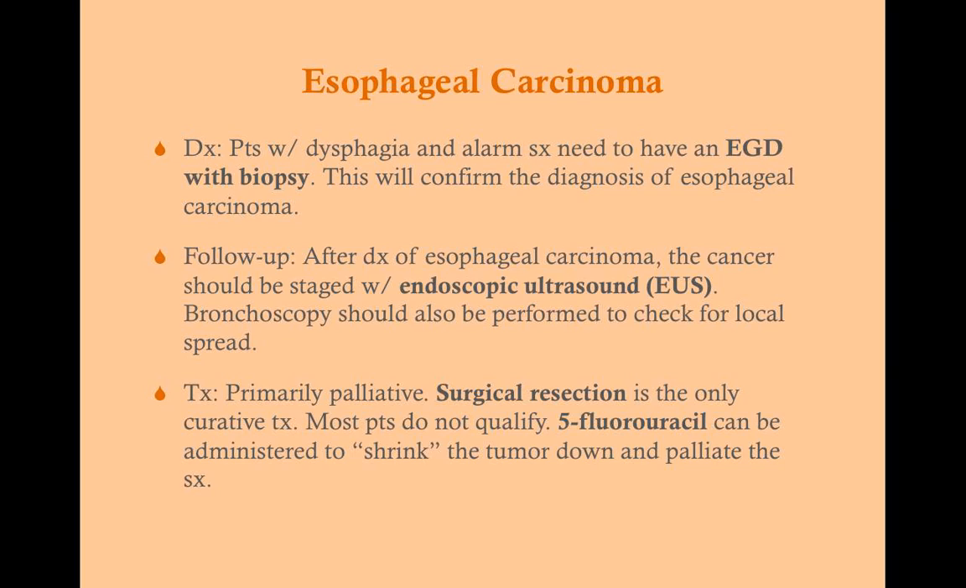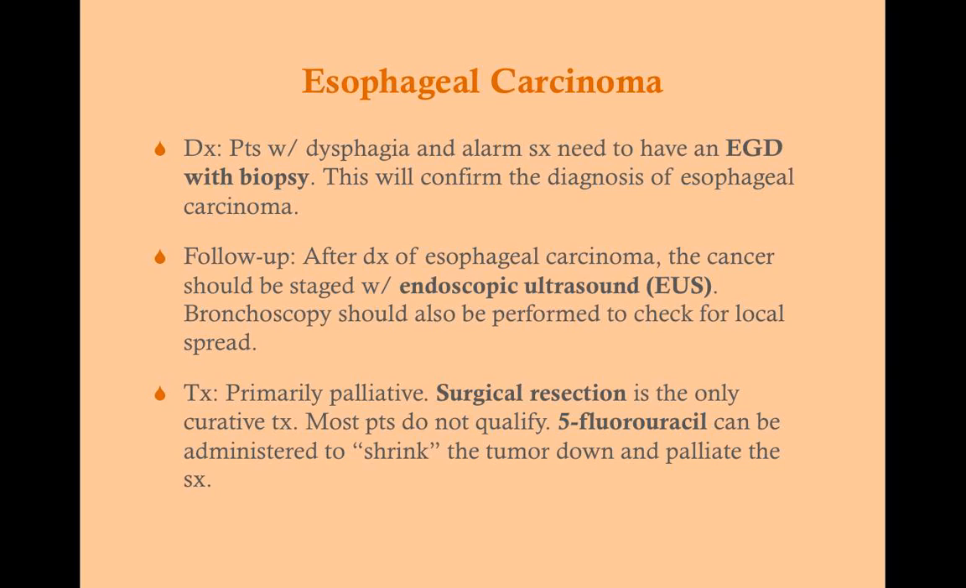We also need to get a CT, because we want to look for abdominal metastases. And then a bronchoscopy will also be useful to check for local spread. Remember that the esophagus and the trachea, the respiratory tract, are not that far apart. And all esophageal carcinomas spread locally. So we have to keep an eye on that. So we're going to get an endoscopic ultrasound, a CT, and a bronchoscopy on any patient where we've made